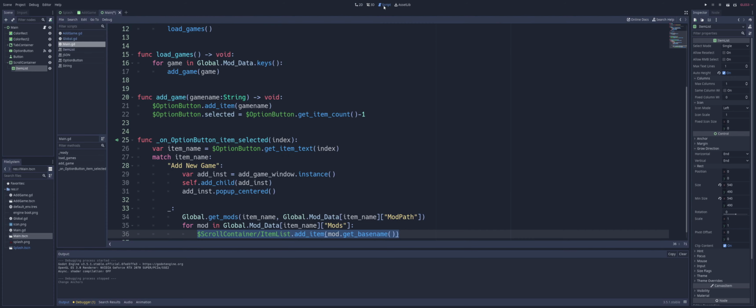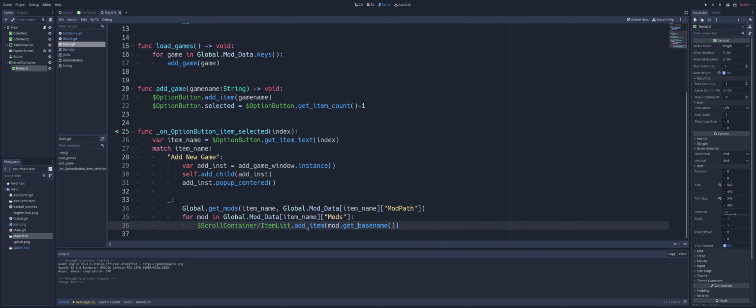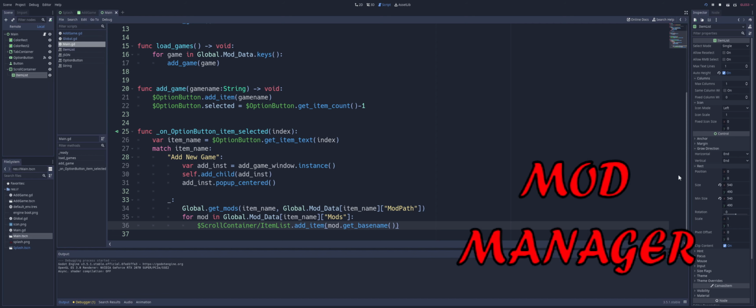So this is just an item list. And all I'm doing is calling add item, and we're going to add the mod that we find inside our mods list. We're just going to get the base name because we don't need to know if it's a zip or a PCK. And as a result, when we load this up,